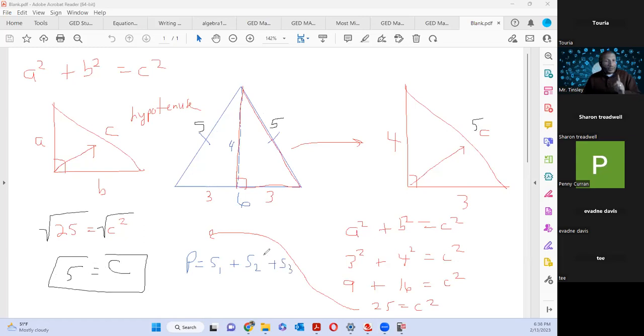Now you must remember, this is the mistake a lot of people make. The perimeter is the distance around that shape. We're not using that 4. That's inside. The perimeter of the entire triangle that we're talking about is 5 plus 5 plus 6. Does everybody see that? Yes. 16. I love it. I love questions.